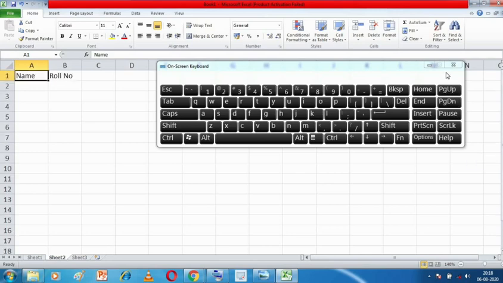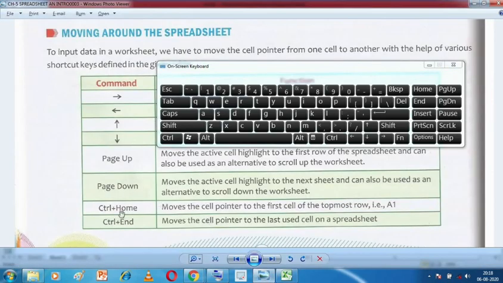Now the next buttons are Control plus Home and Control plus End. So what is the work of Control plus Home? First let me explain it. Control plus Home moves the cell pointer to the first cell of the topmost row, that is A1.